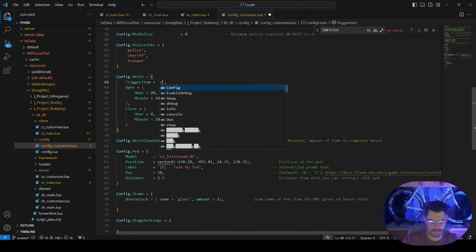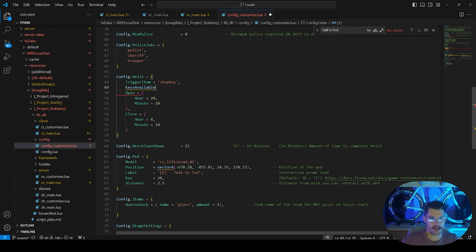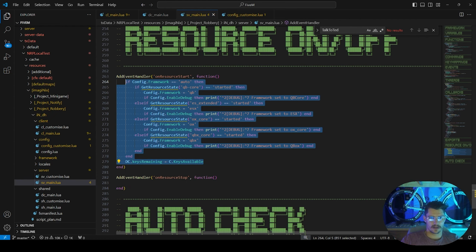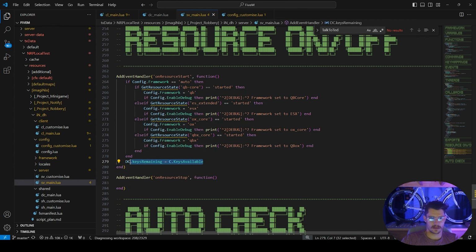Maybe do shop key and then keys available, we could do 1, right? So whenever the resource starts, we set the available keys to the keys remaining,